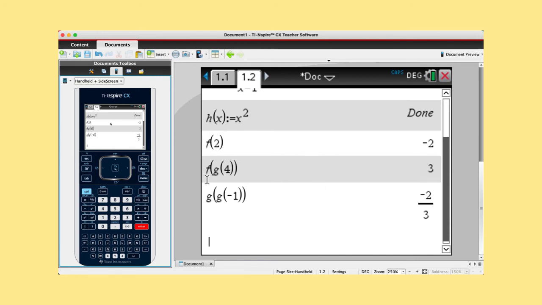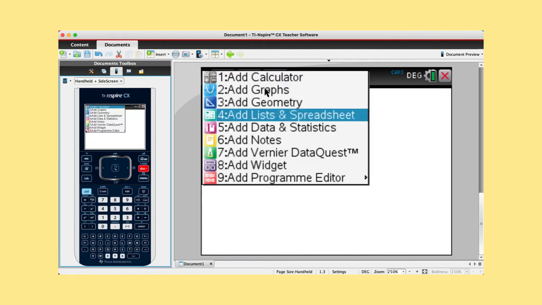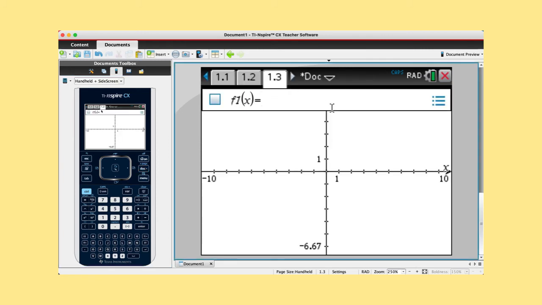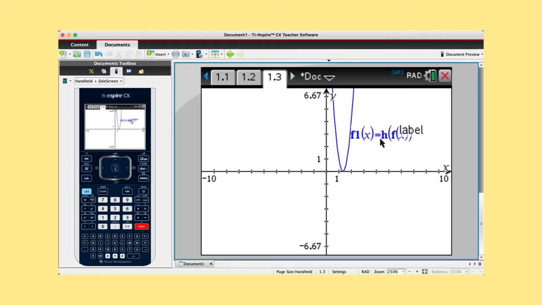In order to do that, we will not use a calculator page, we will use a graph page. So open yourself a graph page, Control Doc, Graphs. We can just type in the equation we want. So we wanted h of f of x, type it in, and there is our equation, h of f of x. We want that to equal 9, so